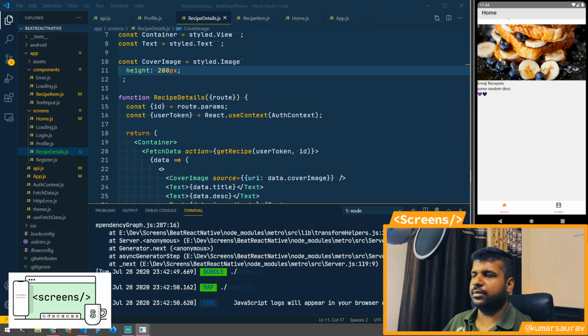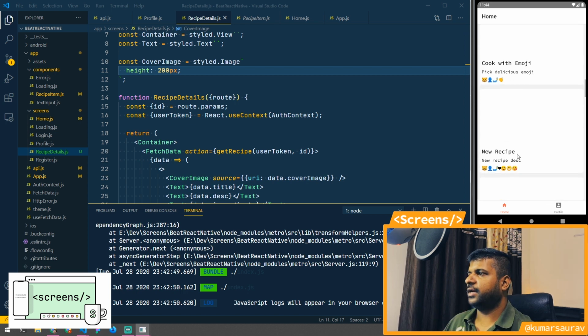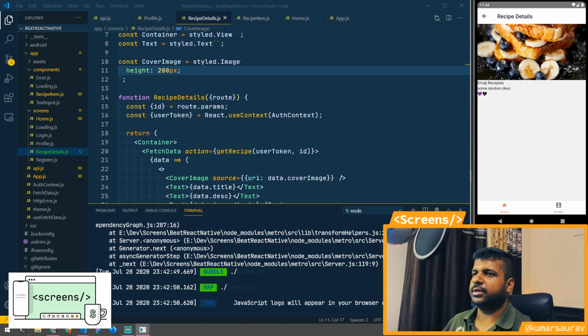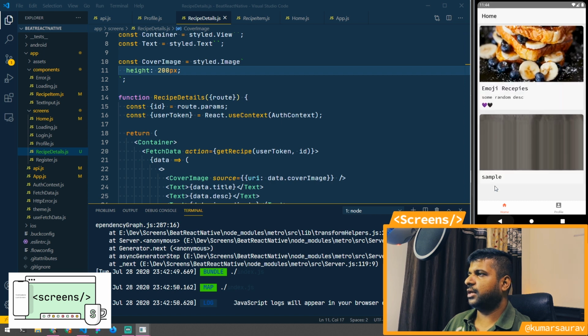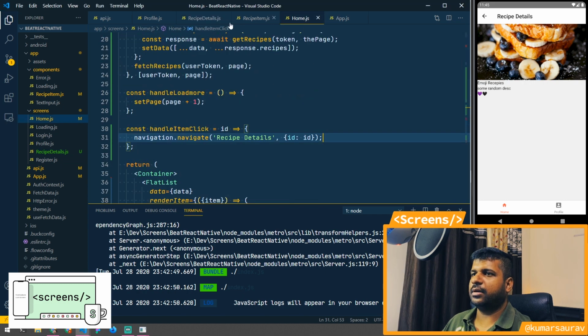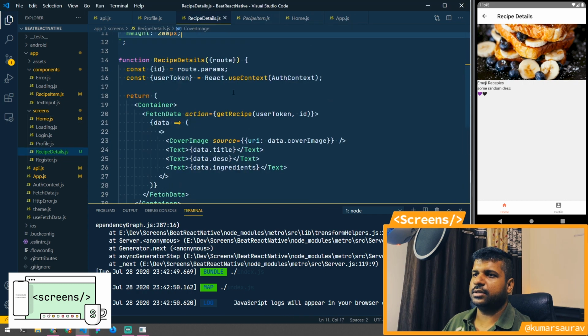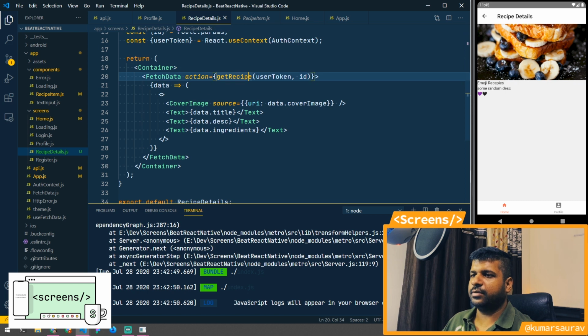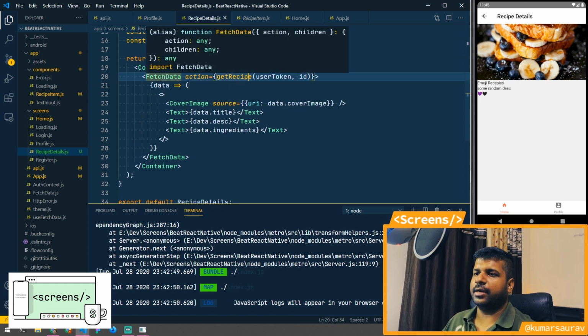So in today's video we saw how to do the endless scroll on the flat list, and then also saw how to add a navigator stack, so that whenever we click we go to a recipe detail page. So now you can see that both the hardware button and the back button on the screen are working fine. And we also saw how to pass data when we are navigating from one screen to other. So this is where we passed the data, and we also saw how to retrieve the data on the other screen. So we need to deconstruct route.params here, and we'll get all the parameters passed to the route. And after that, we made an API call using that ID and got data from the server.